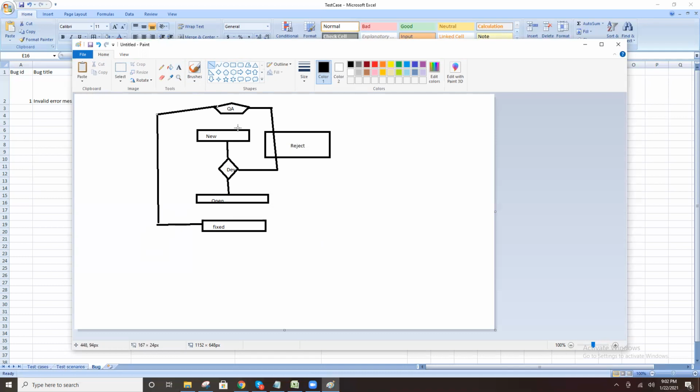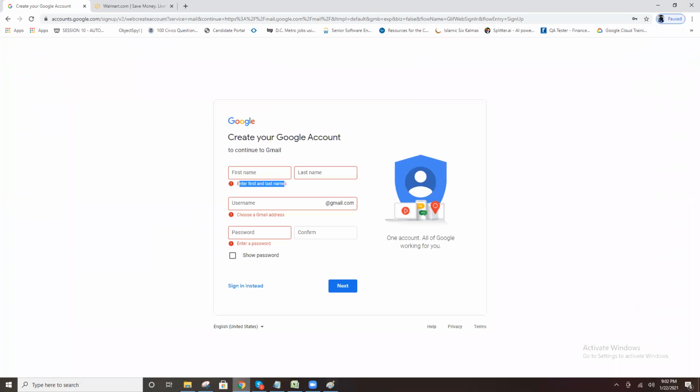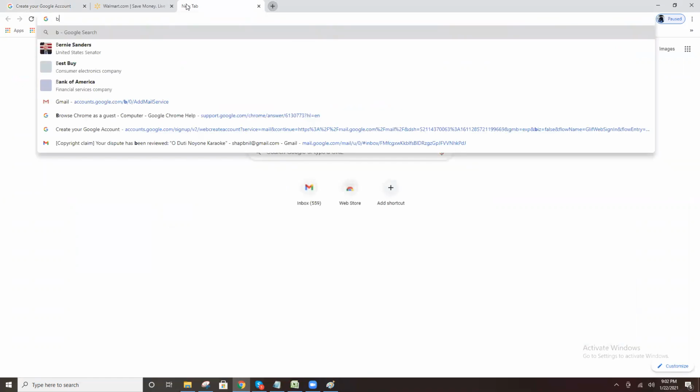QA tests the bug again. If the issue is fixed, close it; otherwise reopen the bug. I will show that image here. That is called the bug life cycle.